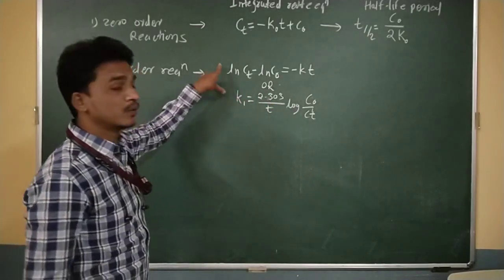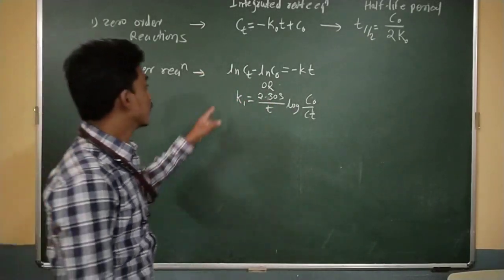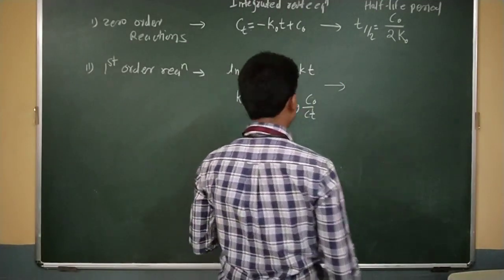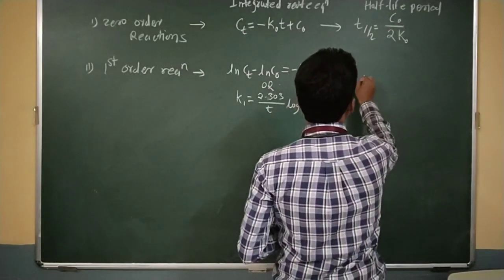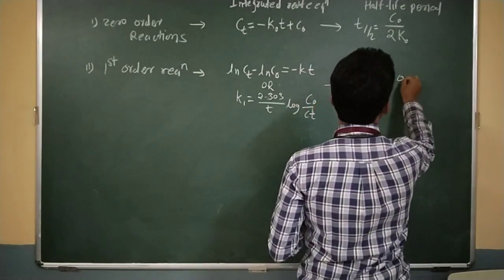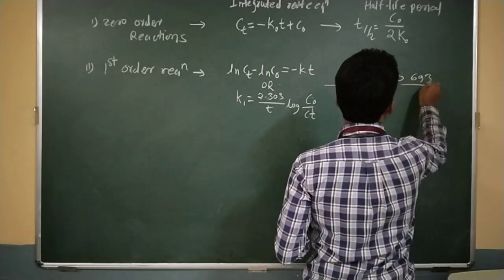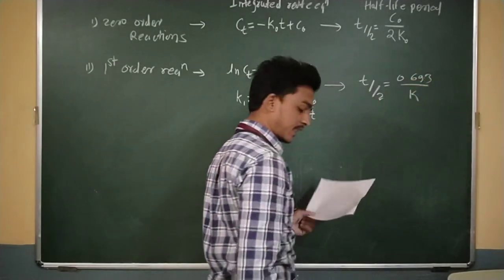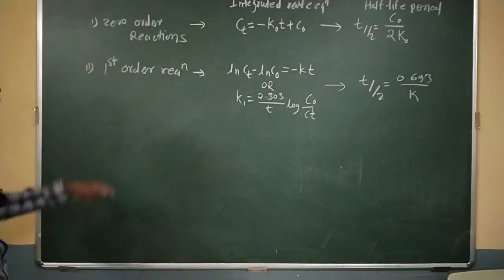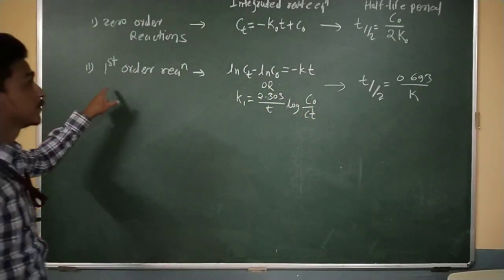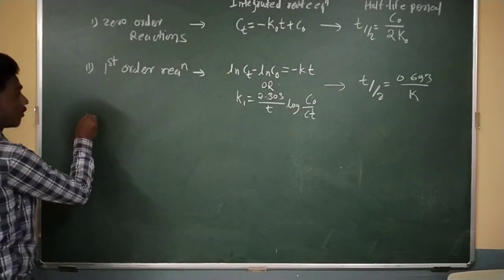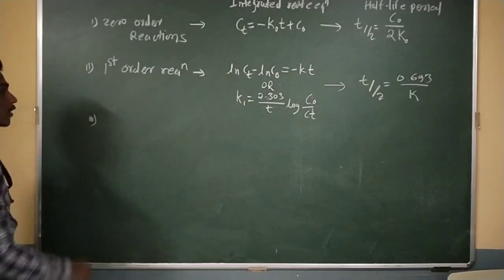These two forms we have already covered in our video lectures, and for this first order reaction we have covered t1/2 is equal to 0.693 upon K. This is the half-life period for first order reactions. These equations and these derivations we have covered. Another